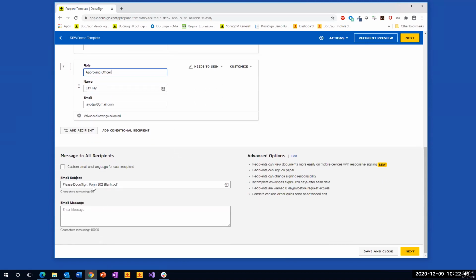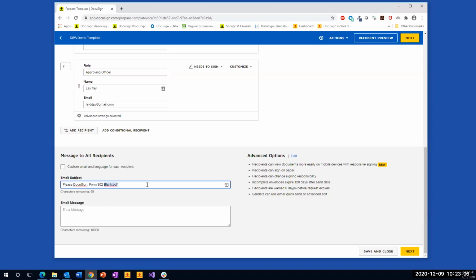Now, the next thing that you do in this section here is to set up the email notifications. There are multiple ways to use a DocuSign template. Sometimes you can create a fresh envelope out of the templates and then send it to the user directly. In that case, it will utilize this email configuration that you set.